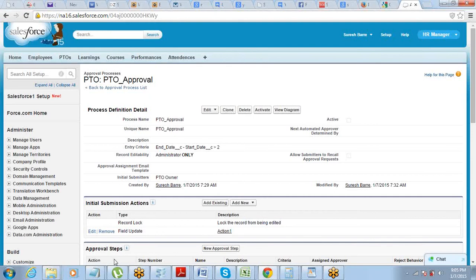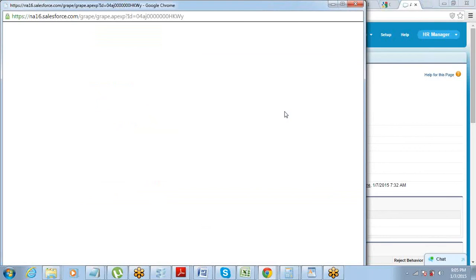Let's say on the rejection, let me notify the user that your PTO has got rejected. So in that case, field update is there. In addition to that, I'll put an email alert also along with this. Okay, we can add additions. Yes, we can put 10 actions. So in each stage you can put maximum 10 actions.